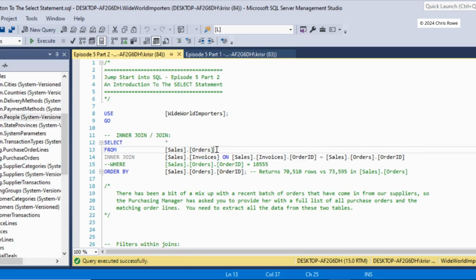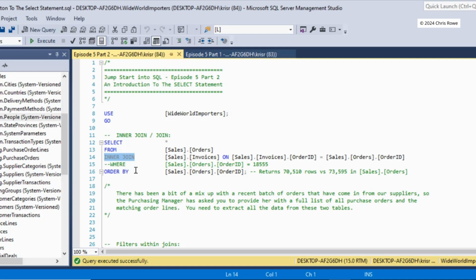So what is it all about when it comes to the join? As we know, we have got many orders within the orders table here. Now, if we wanted to bring in the invoices for each order, which are sitting in another table, we need to somehow link the 2 together in order to pull the rows across that are matching. So what we then do is we type out inner join